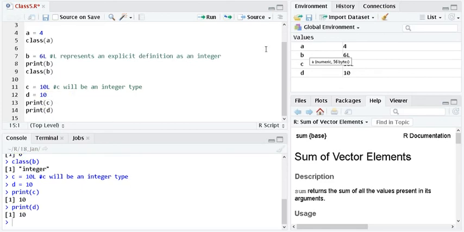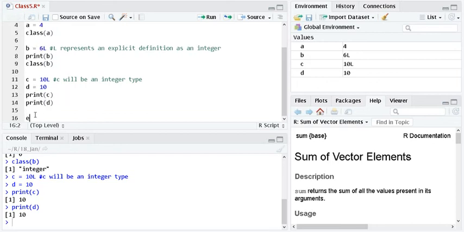That's because C is explicitly defined as an integer. In order to define integers, it's a syntax. There is no such representation of L otherwise. It's a syntax that L represents that it's an integer. Everyone is clear? Now here I am defining name variable equal to Samriddhi Datta.